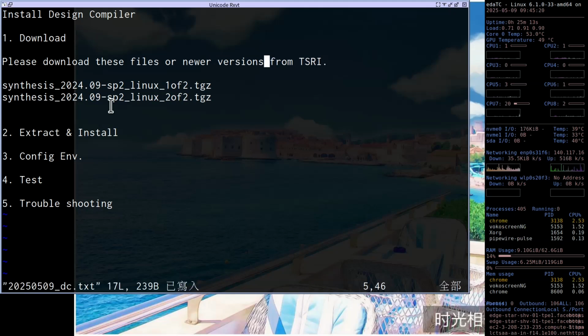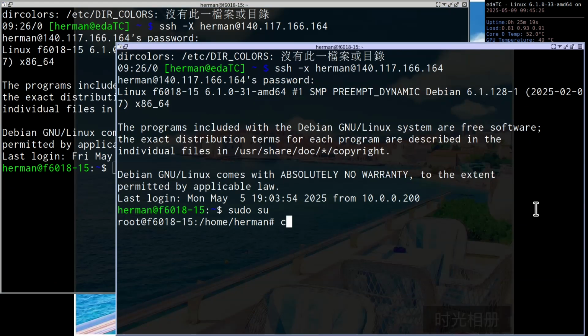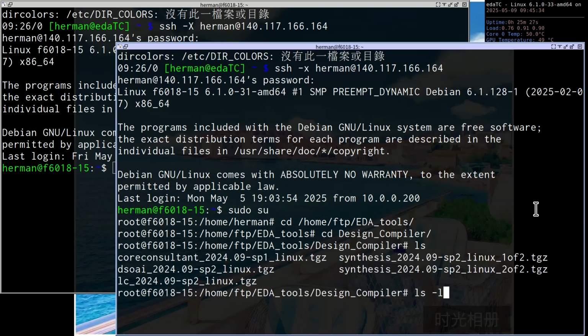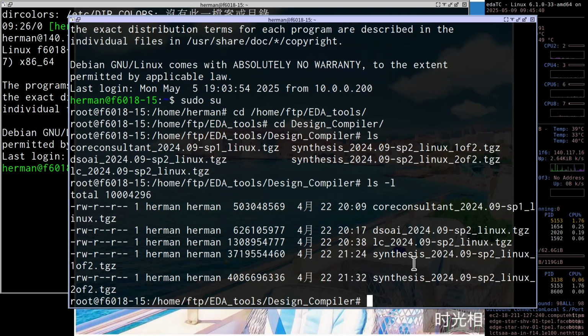Okay, then we can extract and install these files. So we have home. Okay, we have these two files. So we can extract and install these two files.